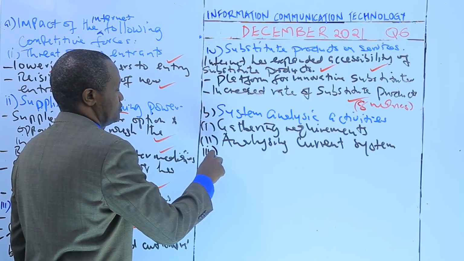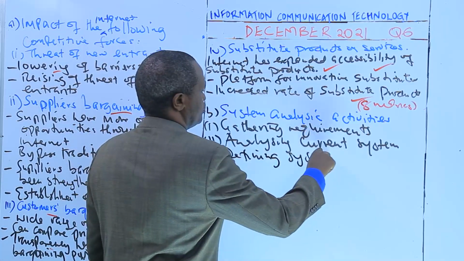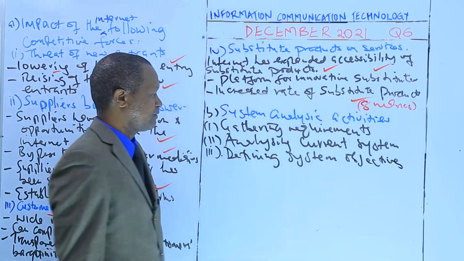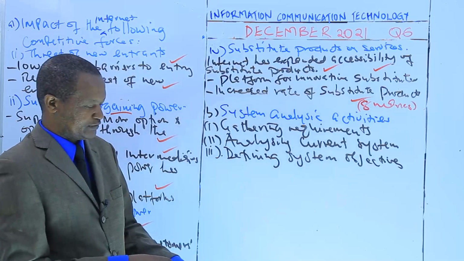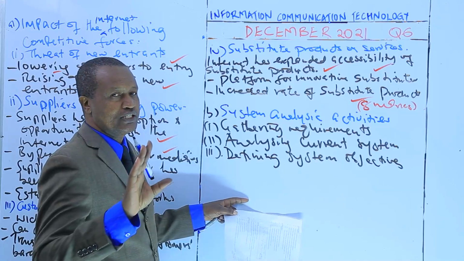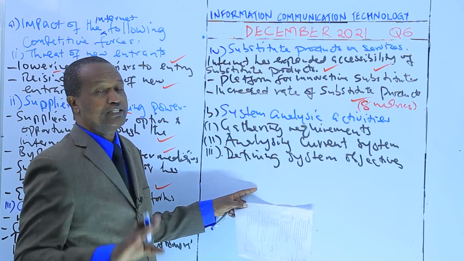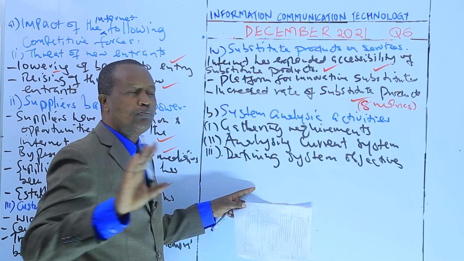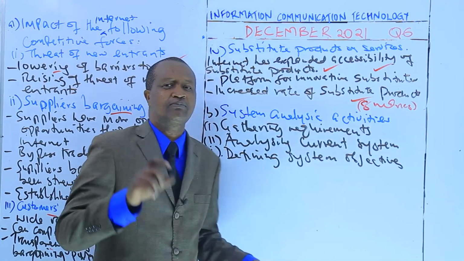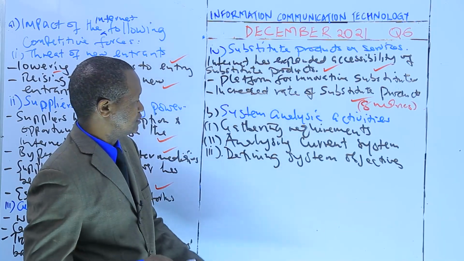3, defining system objectives. This is another activity, defining system objectives. Now, the systems analyst works with stakeholders to define the goals of the new system, and that includes determining the scope of the system, identifying key functionalities, and setting measurable targets that the new system should achieve. That is the third